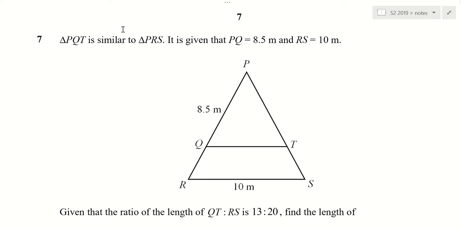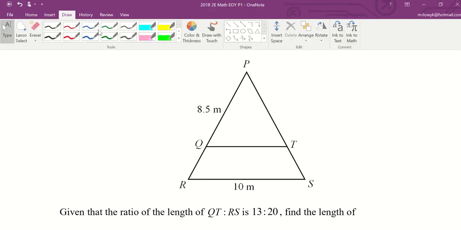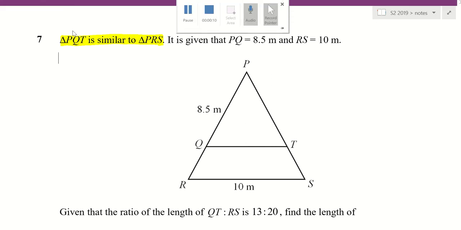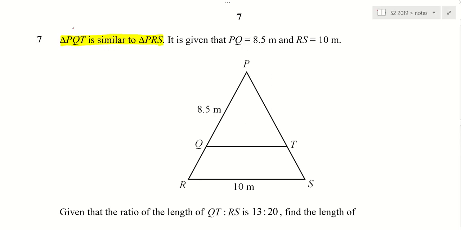Now, let's recap this again. Do you still remember? So recap. I write this in red. Once I have some triangle similar to some triangle, do you know I can write